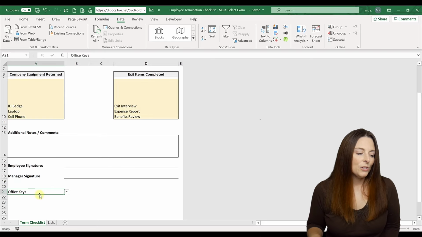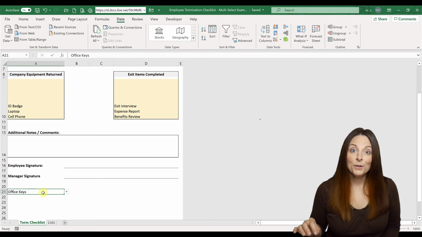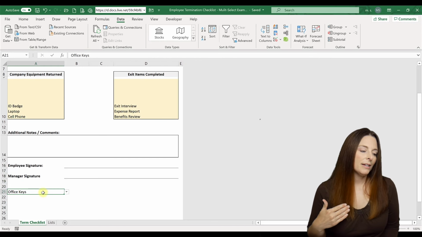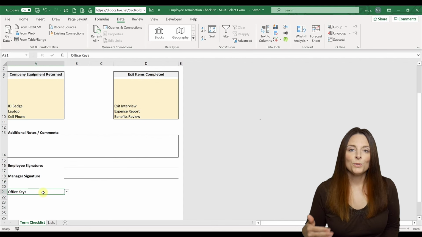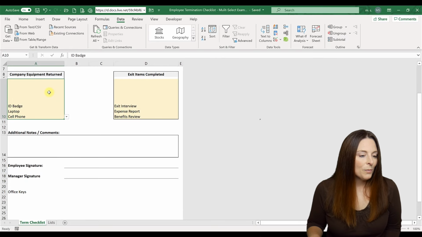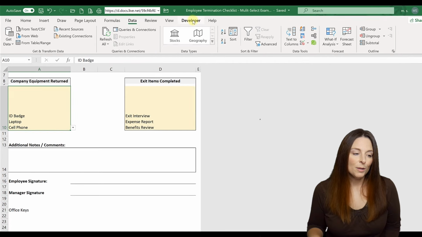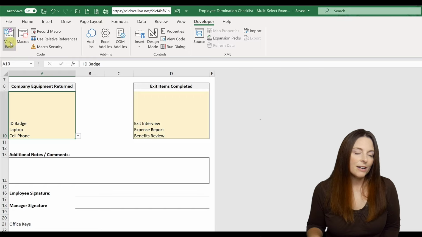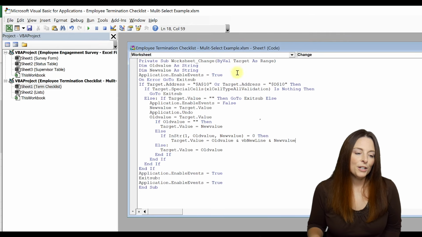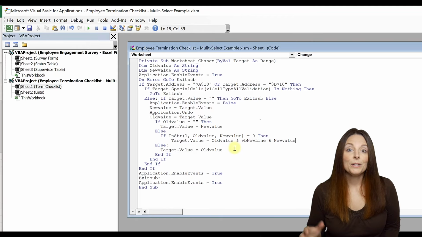And now what we want to do is insert the VBA code that we're going to program so that we know that we want the user to select multiple items from this list and have that show up on a separate row. So what we do is we come up to our Developer tab and then click on Visual Basic. And this is going to open up the code that we've used to create the multi-select functionality